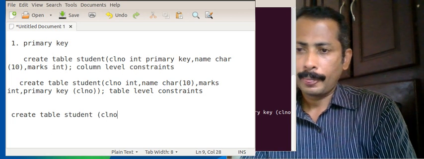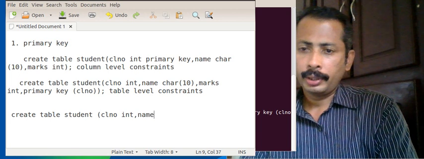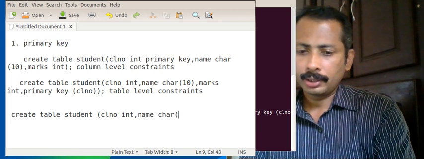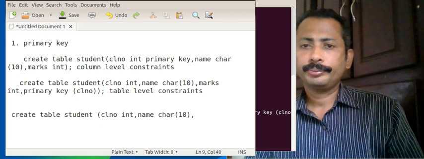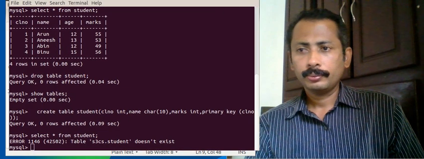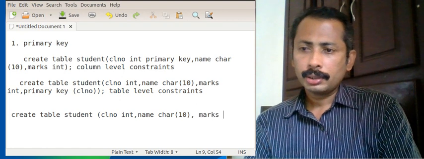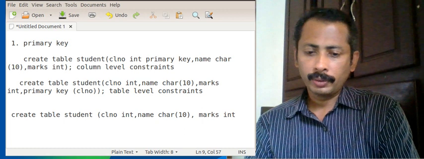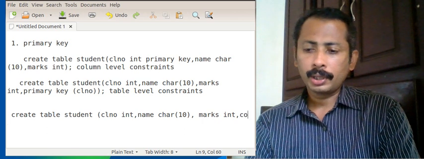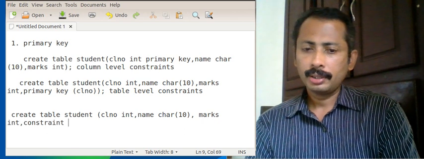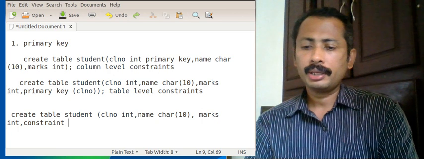Again class number int, one field is over, comma, name character 10, comma, second field is over, then marks int, third field is over, and we are using a new term called constraint, and I am giving a name for this constraint, T1.